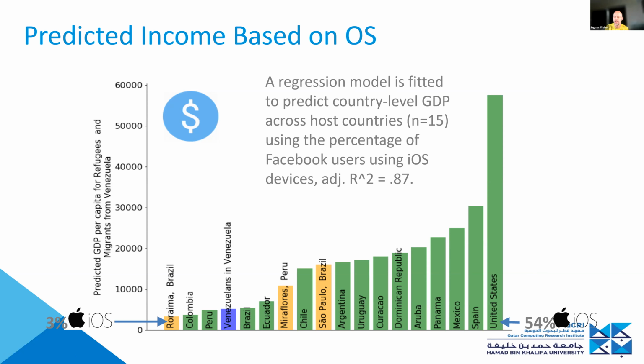And even though we might not be 100% sure about the actual dollar value, we always observe in our analysis that these three groups emerge. If we ever tried any modification of the model, we always see that Venezuelans in these host countries are probably worst off, and then you have the middle class in a sense, so some of these countries are already a bit further away, and then people who make it all the way to Spain or the United States are better off. It's interesting that you can do this from a distance without any survey. And we validated this in other contexts, for example, looking at Syrians in Lebanon, where again, iOS usage is a strong predictor for the relative distribution in wealth.